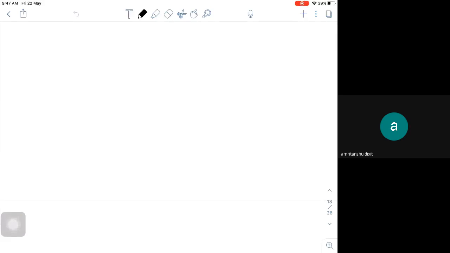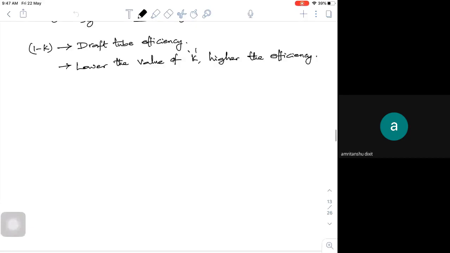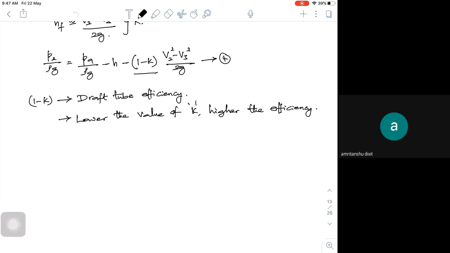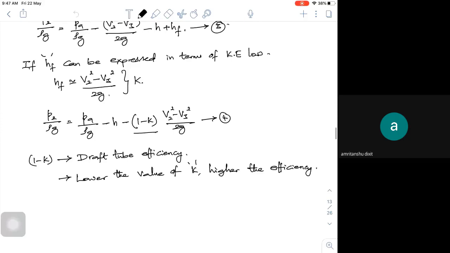What is the purpose of the draft tube, and we arrive at some equation which shows what should be the pressure at your entry to the draft tube, or exit of your turbine, and related to your head actually. So it should be something like, if I call Pa by rho g as the atmospheric head, and h is nothing but the height above which I have to place my turbine, and there is something called what should be my conversion rate, how much I am going to convert it.